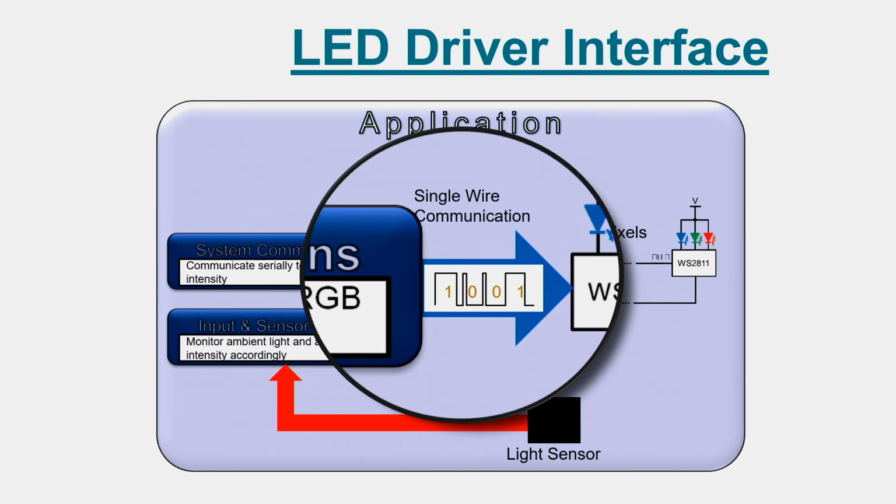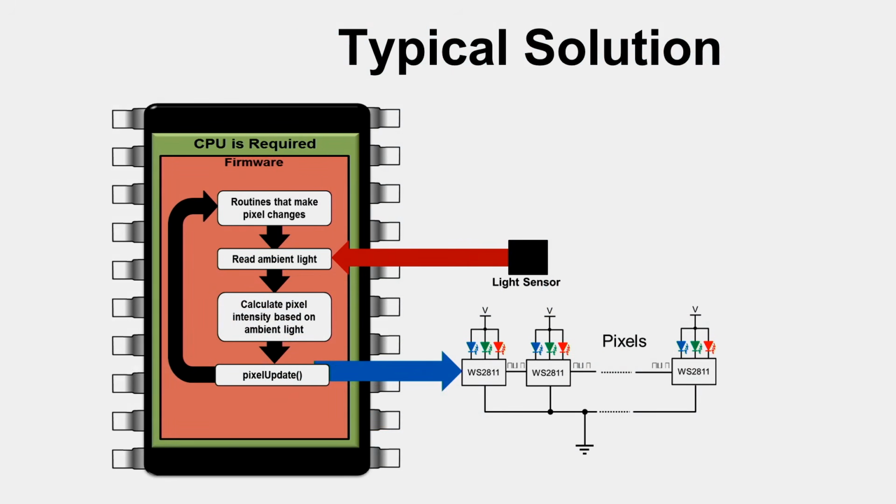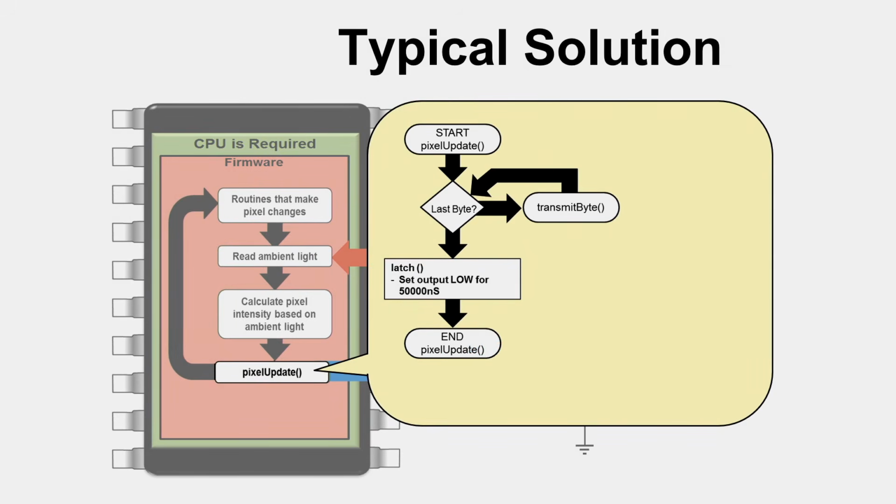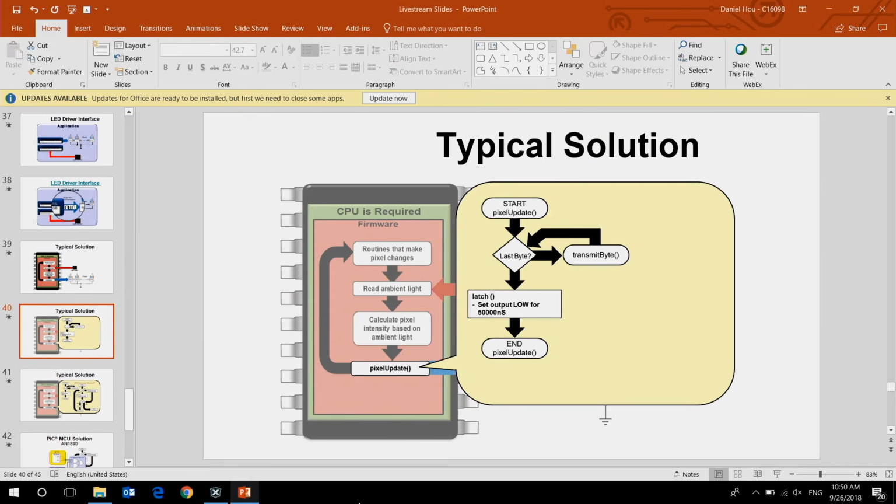But you have to communicate through a digital line, and they have a single line communication protocol they designed. It's a custom protocol that they created. And for each color, it's 8 bits of data, so 24 bits for each LED. So basically, how you drive the